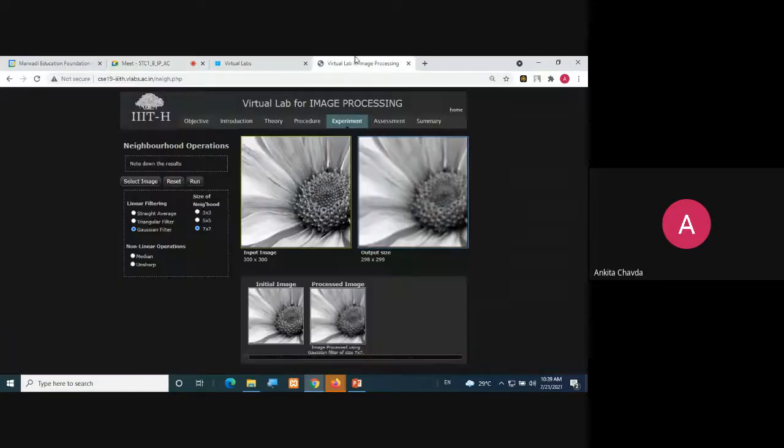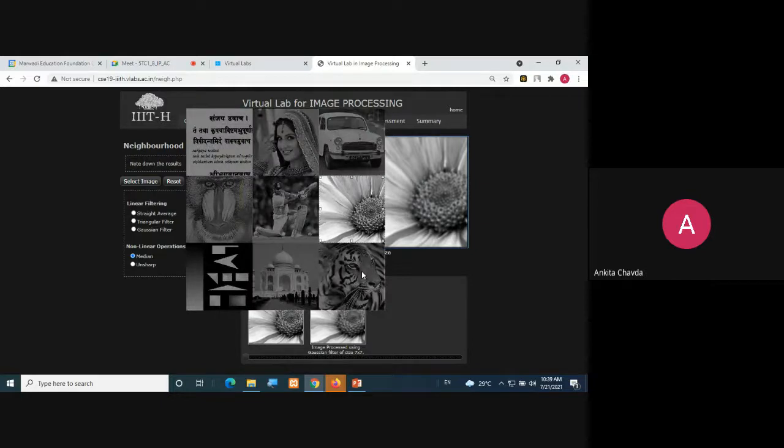Fine. If you've done it, see this median filter, that is for the non-linear, no? So basically this filter we are using to remove the noise. Though all the filters are actually used to remove noise, this is particularly used for salt and pepper kind of noise. Salt and pepper means dots. Do you remember that? I showed you one of the figures in the theory session that had white and black color dots, right?